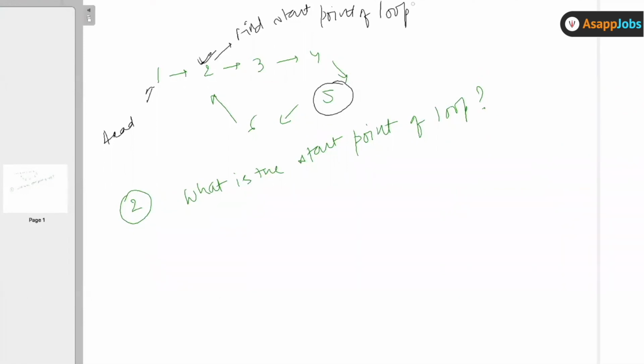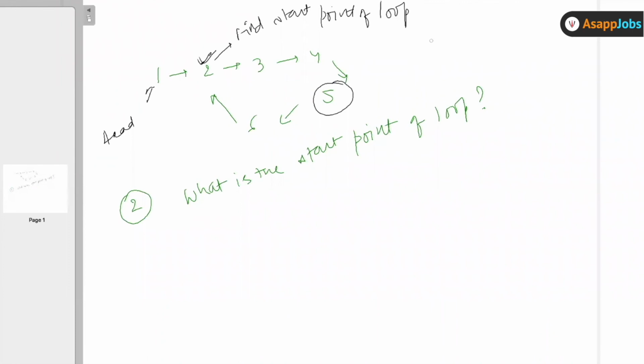If it is a single linked list, every node will have only one outgoing node. So if that is the case, how can we have multiple loops, right? A single linked list, one node has only one outgoing node. It is only pointing to the next node. So one node will only point to one single node. The only way multiple loops will happen is when a node can point to two different nodes, right? But if a node is only pointing to one node, in that case, I don't think we can have